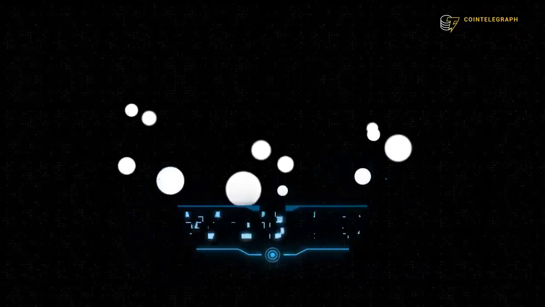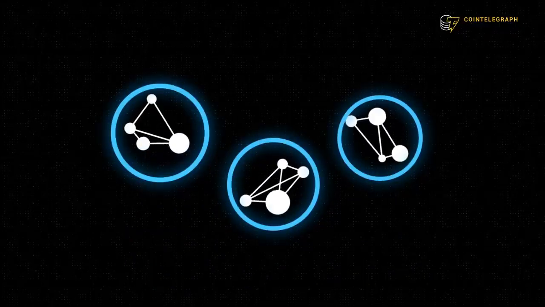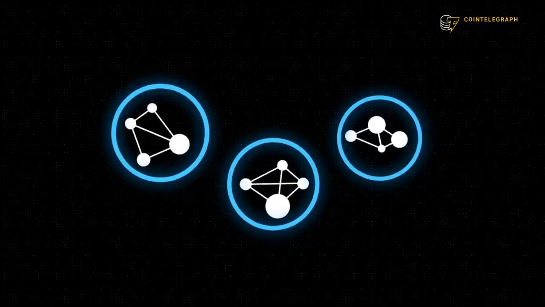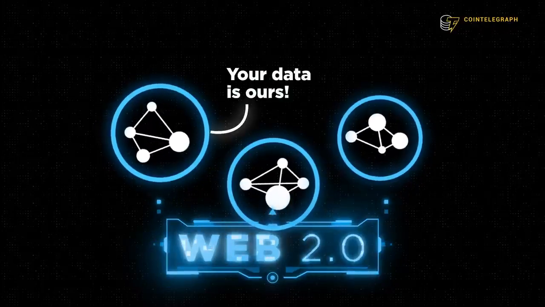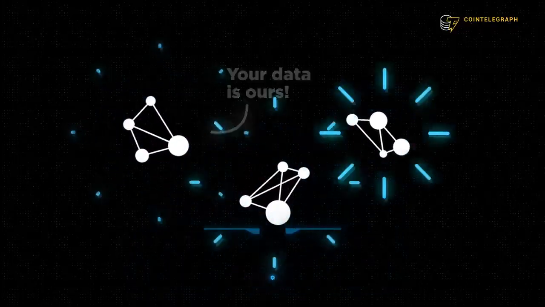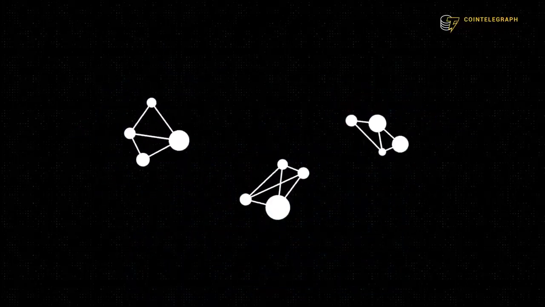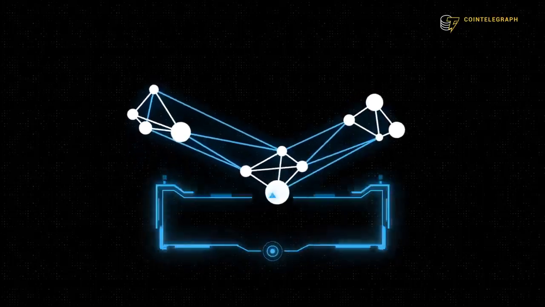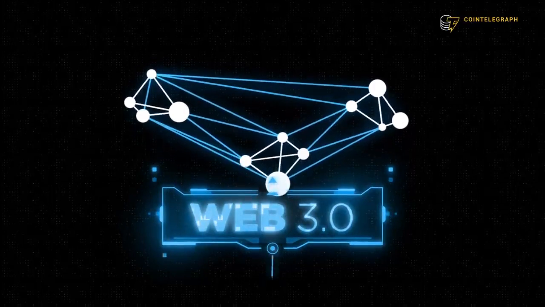Let's take those dots and put them inside a few large bubbles. They're connected now, but they're also stuck inside the bubbles. The bubbles own them. This is what Web 2.0 currently looks like. Now what if we pop those bubbles, but still kept all the dots connected so they could go wherever they want on their own? This is the vision for Web 3, and this isn't the last you've heard about bubbles.